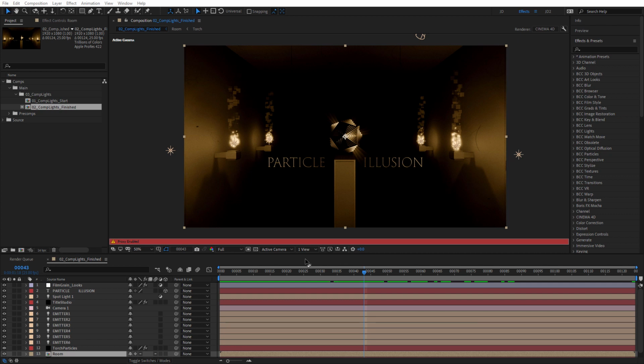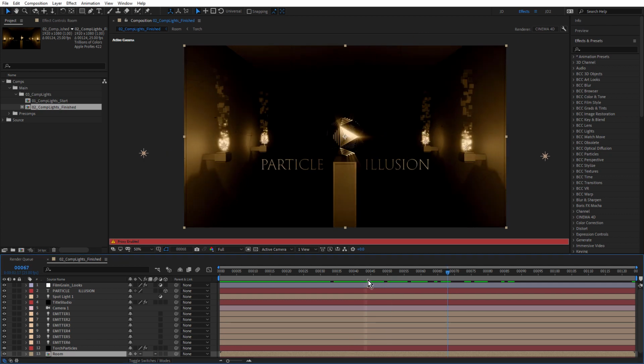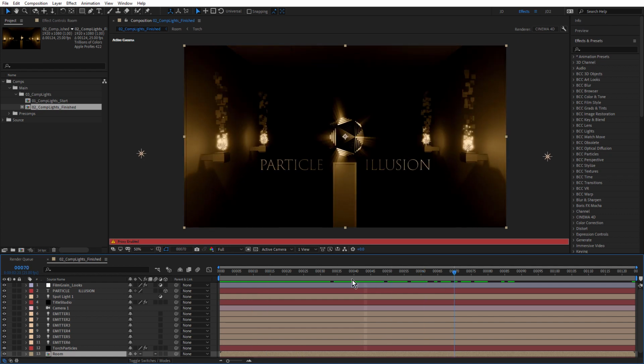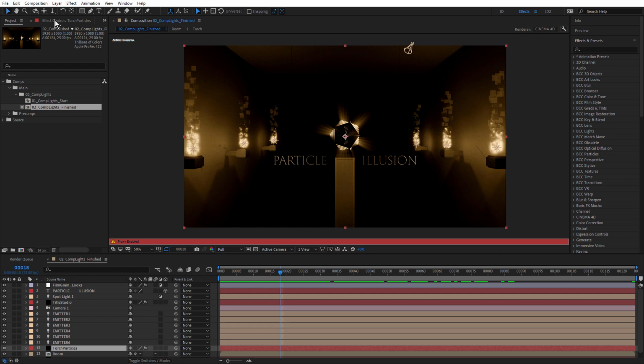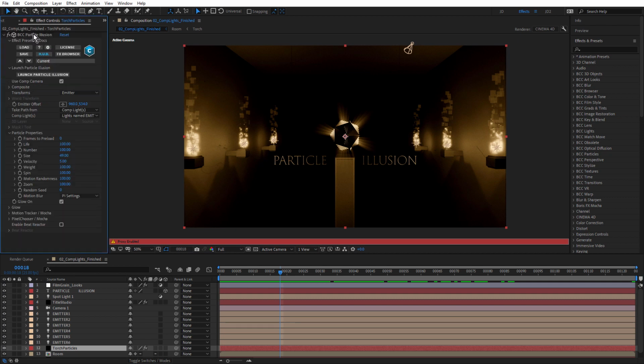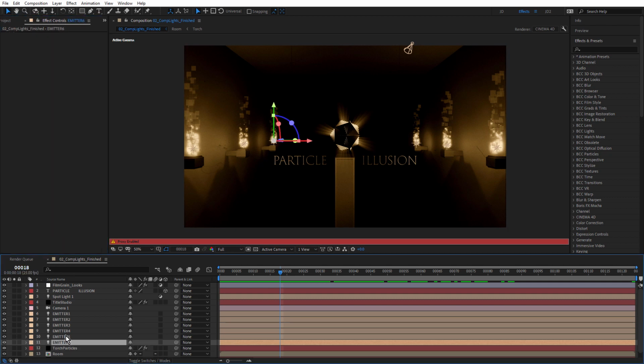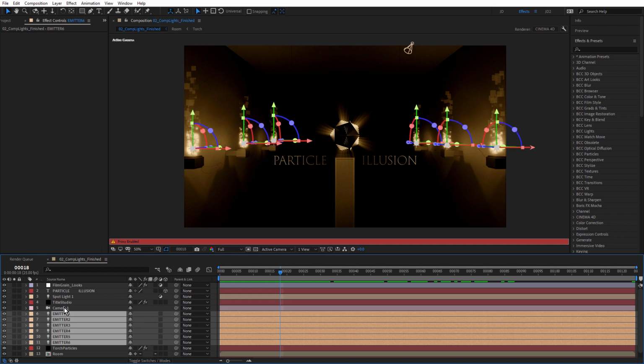Now, this is the finished composition, and let's just take a quick look at this before we dive in a bit deeper. At the bottom here we have this room composition. So this is everything that makes up this room, and these are all After Effects 3D layers, and they've been pre-composed. We'll talk about that in a moment. Above that we have the torch particles, and that's using Particle Illusion. Above that we have 6 lights and a camera.